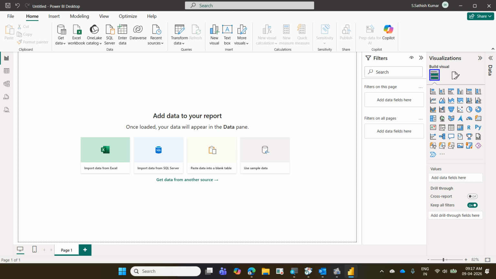This is used for inserting a visual. Second one is for formatting the visual. There will be one more for us, analyzing the visual. Analyze we haven't seen, we only saw insert and format. If time permits, we can see Analyze today. And data, where we can see all your column names will be